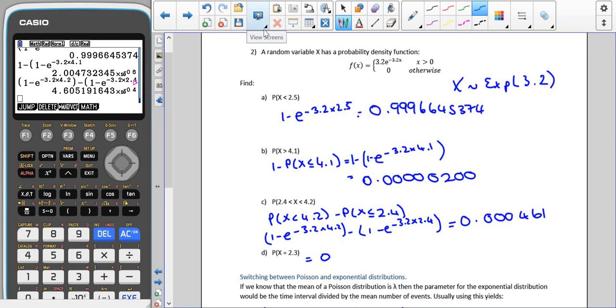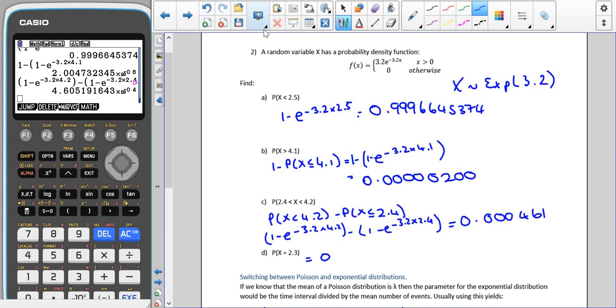So here we have a random variable x has a probability density function, and it's written out there, which means that we're using x squiggle exp 3.2 because that's our lambda, our parameter. Then we're trying to find the probability of x being less than 2.5, which means that we're doing 1 minus e to the minus 3.2 times 2.5, which gives us